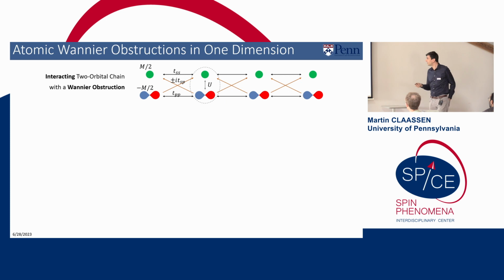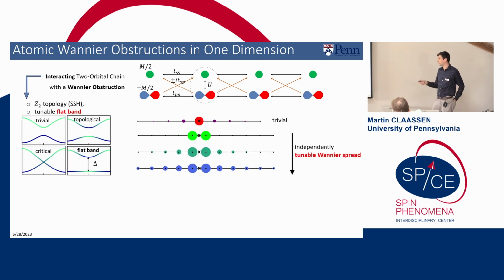Good, perfect. So let me start by giving a very simple toy model for where one can see this effect. This is something that we can solve trivially using many-body simulations and DMRG. This is an interacting two-orbital chain that essentially amounts to a variation of the SSH model with a topological transition. Particularly, this model has a transition through a gap closing between trivial and Z2 topological phases, and in fact can host an exact flat band for a finite range hopping model.